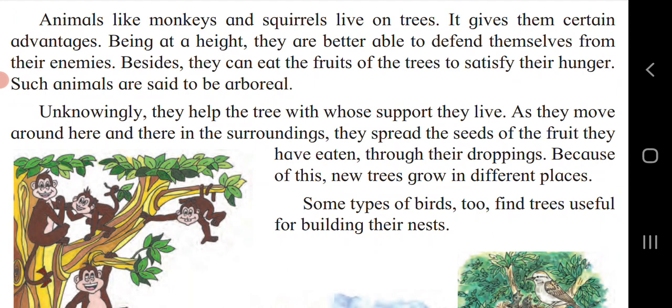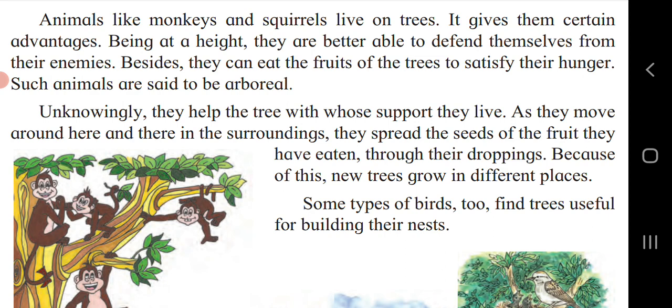Unknowingly, they help the tree with whose support they live. As they move around in the surroundings, they spread the seeds of the fruit they have eaten through their droppings, and because of this, new trees grow in different places. While satisfying their hunger, the monkeys and other animals which stay on trees also help us.